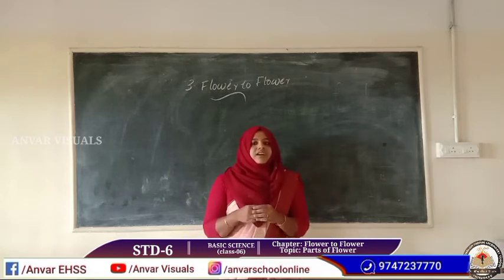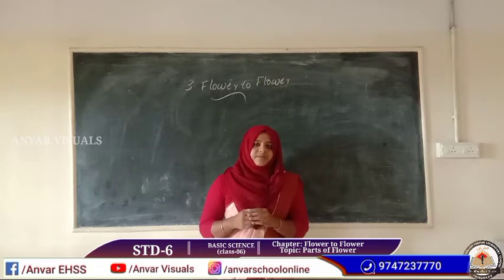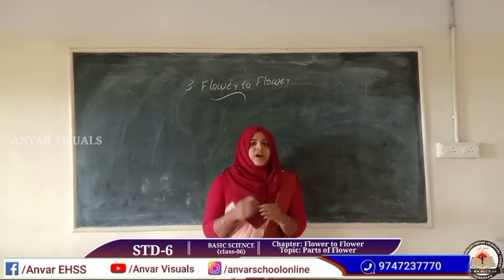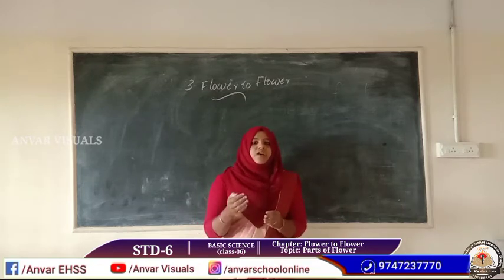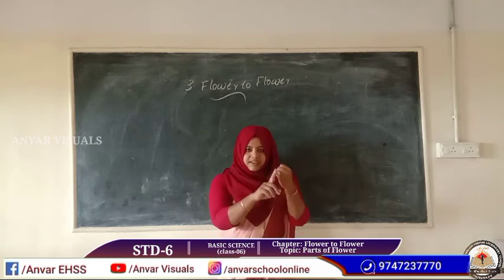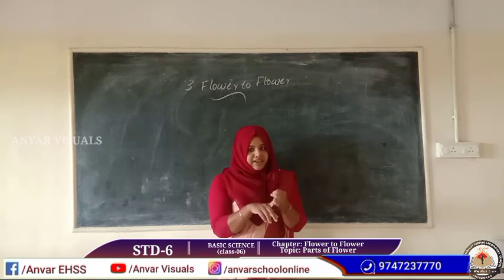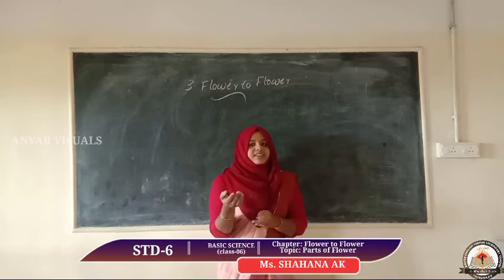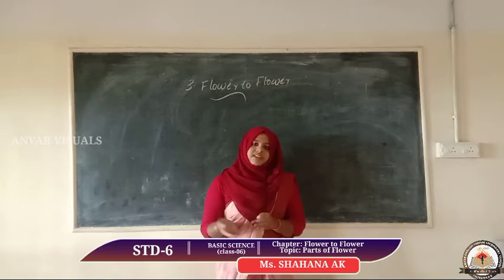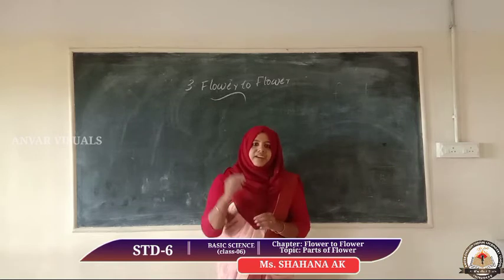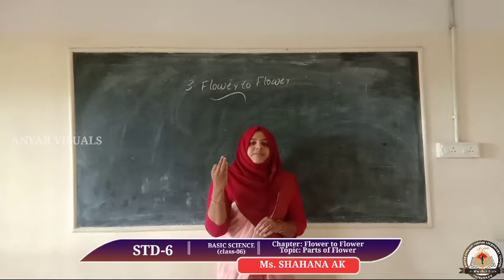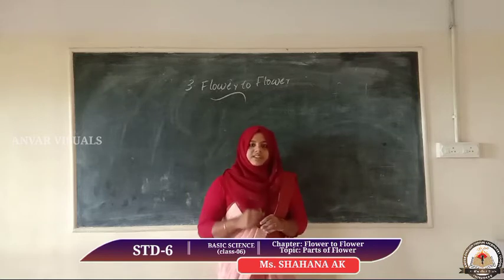Then, every flower is different from each other, isn't it? They have different colors, fragrance, etc. So, you have to say in which ways flowers are different from each other. In their color, fragrance, which means smell, and number of petals, size, shape, etc. So these flowers are different in different aspects: number of petals, color, fragrance, size, shape, etc.